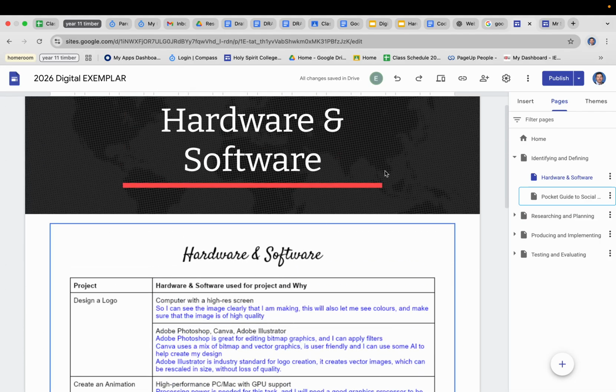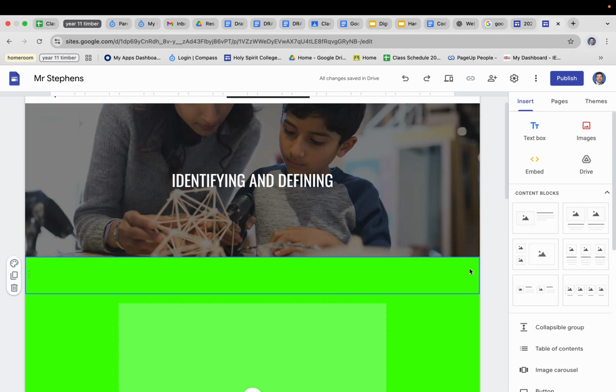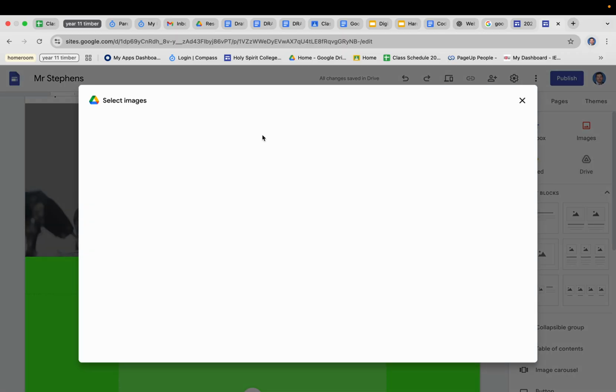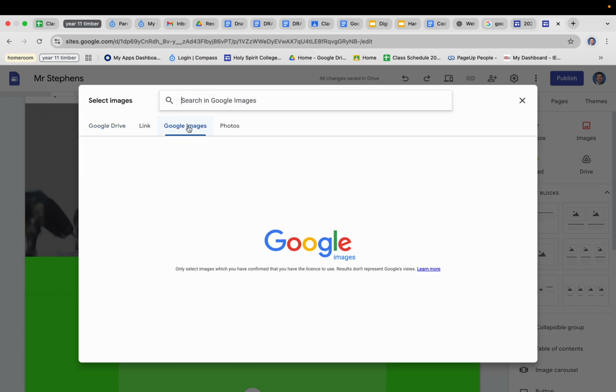Now this is just a picture. So if we go back to our site, we could insert an image. We just click image over here on our right hand side. So our right hand side is where we do all our work, okay? Click image, click select, and you can go through the Google Images or you can go through your Google Drive,